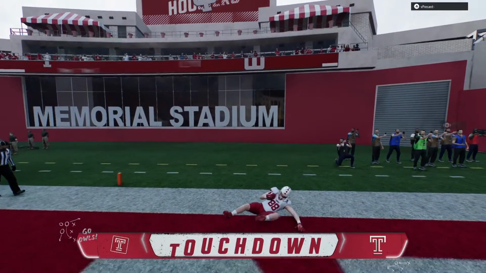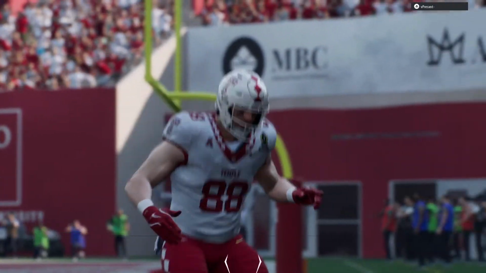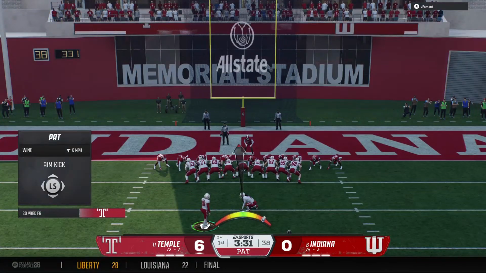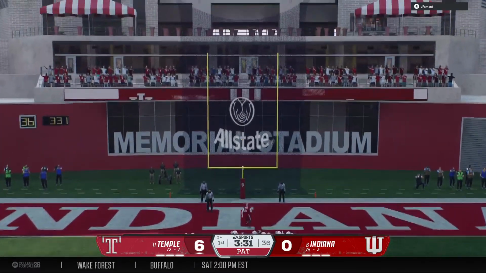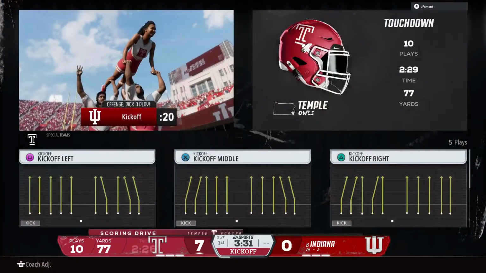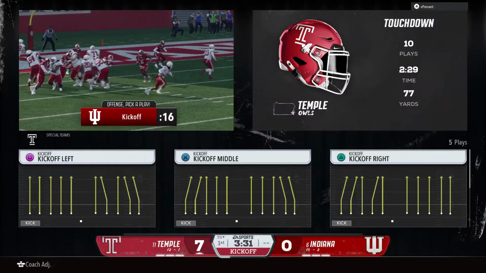Touchdown, Temple, as they claim the lead in this playoff game. This offense comes out, immediately gets points on the board. Welcome to the playoff. Man, that's coming out on the field with a purpose. Look, it's playoff time. Everything you prepared for is earned here and now. And that opening drive was the fruits of that preparation. And the PAT is good.